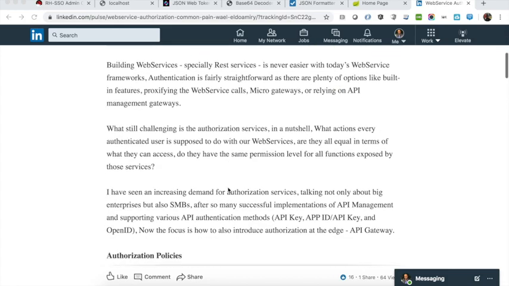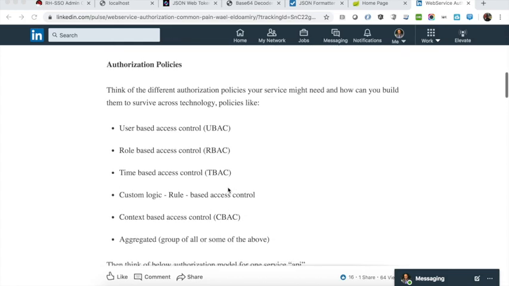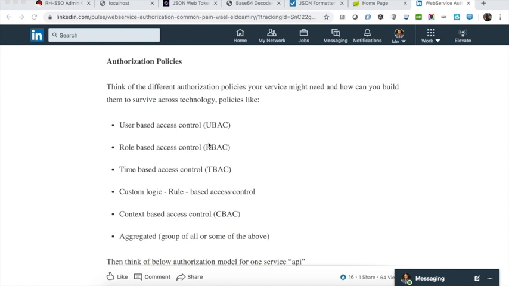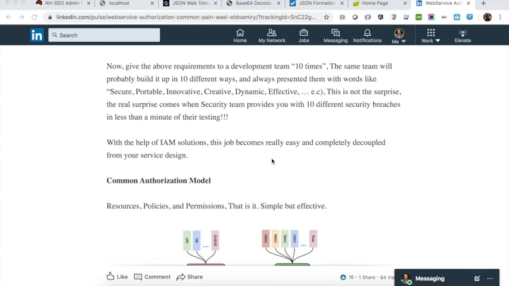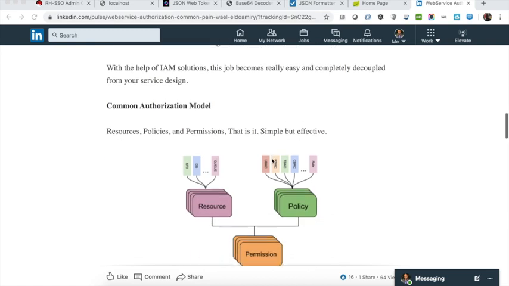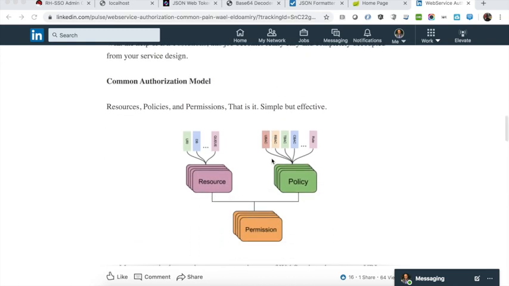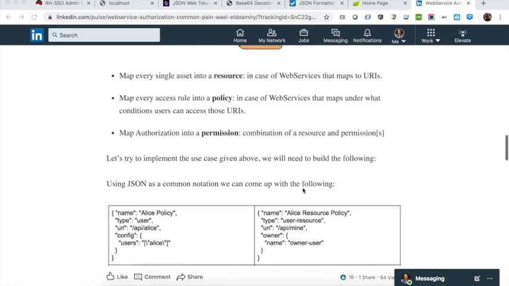Also in the post, we explained the different authorization policies, including user-based access control, role-based access control, time-based access control, custom logic or script-based access control, as well as context and aggregated. And we discussed a common authorization model where we define resources, policies, and a set of permissions, which is a combination of resources and policies, and